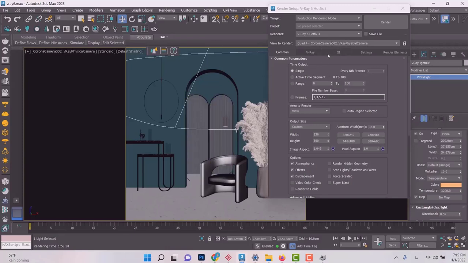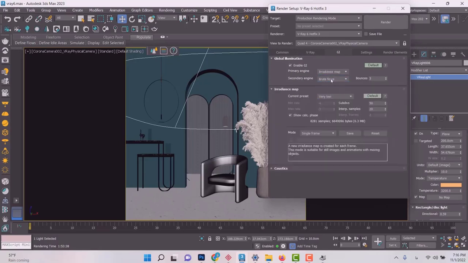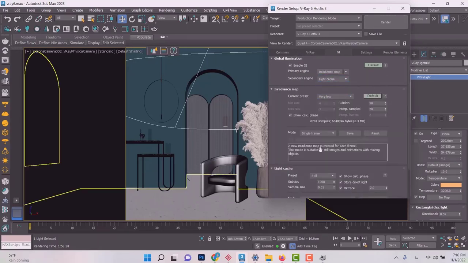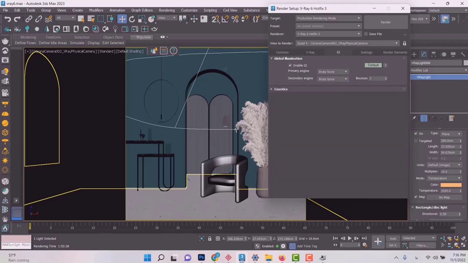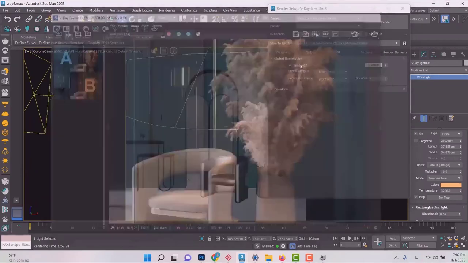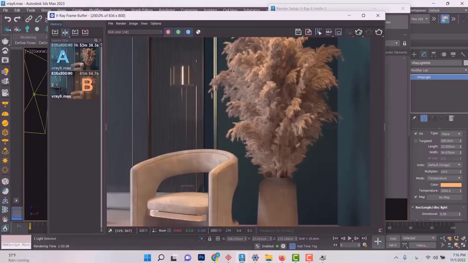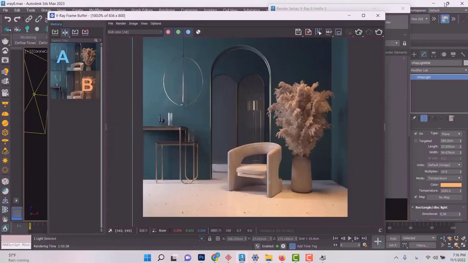so you can just download it and, using your own PC or laptop, take the same renders, the 2 last renders that we took, one with irradiance map and light cache, and another one with brute force and also brute force or light cache as the secondary engine, and see how long it takes for you. And you can just use the same dimensions that I use. For example, 800 by 800 would be a good enough size,